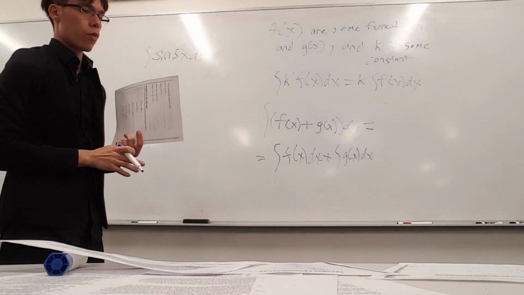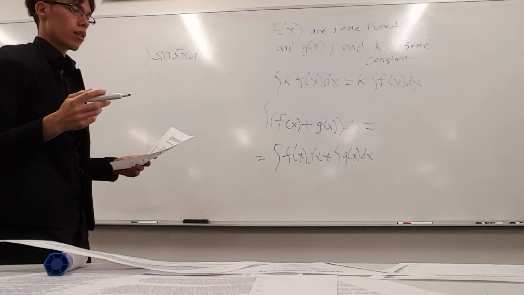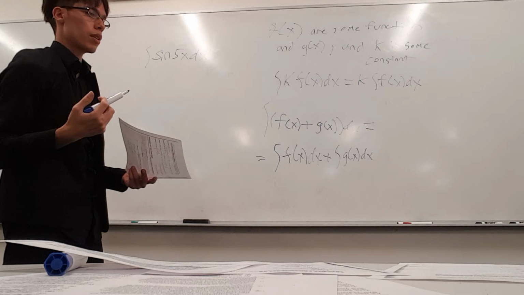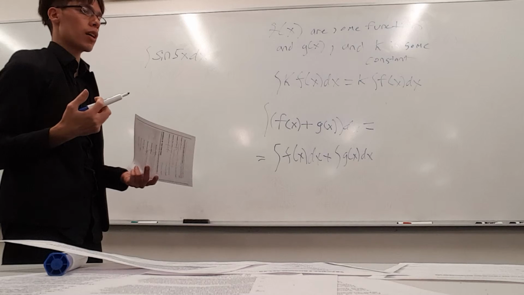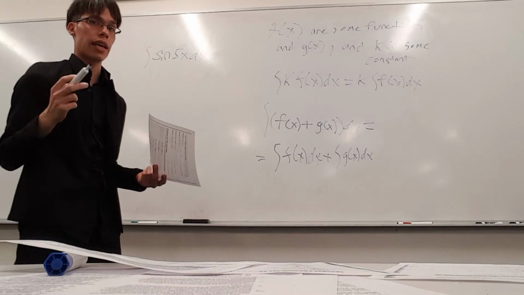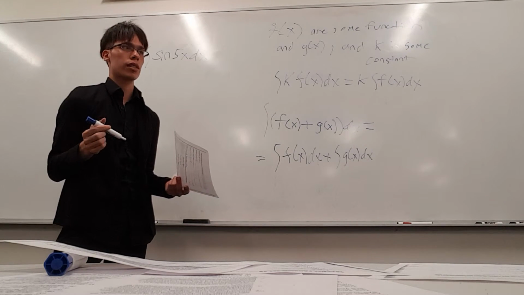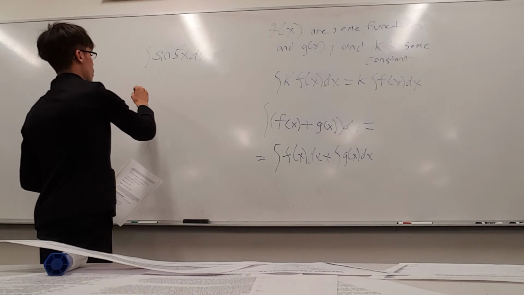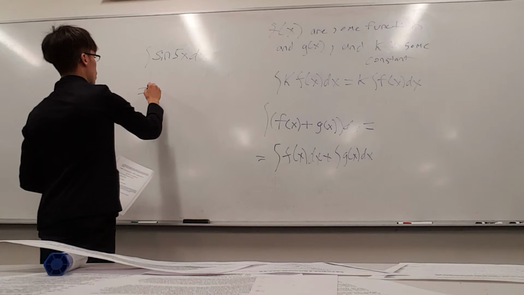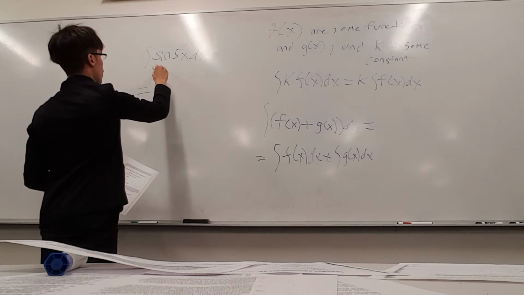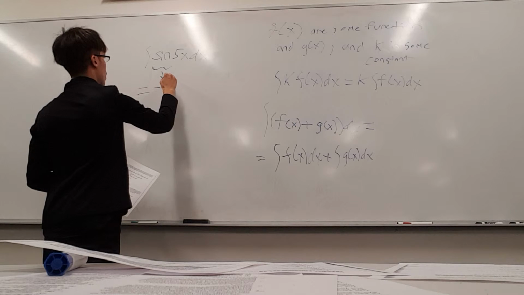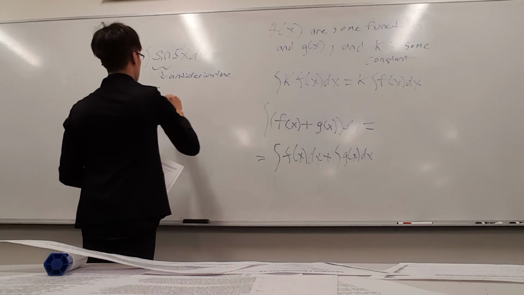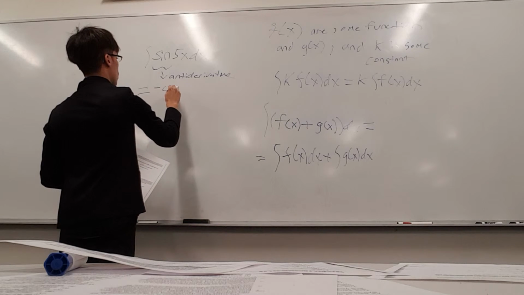So think, what is the reverse derivative, the antiderivative of sine x? That's going to be cosine x, but also remember when you take the derivative of cosine x, it gives a negative sine x. So we're going to have to further include the negative here. So that's going to be equal to the antiderivative of sine x, which is negative cosine